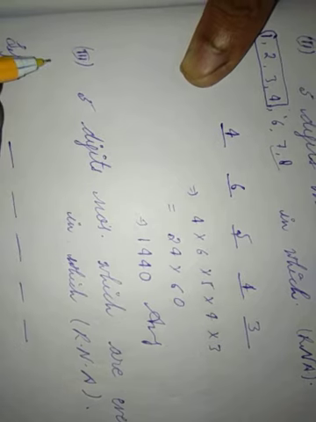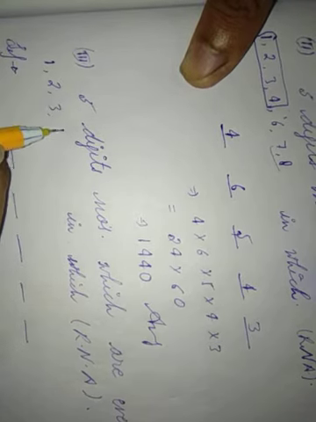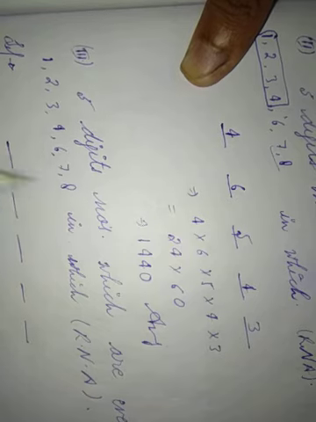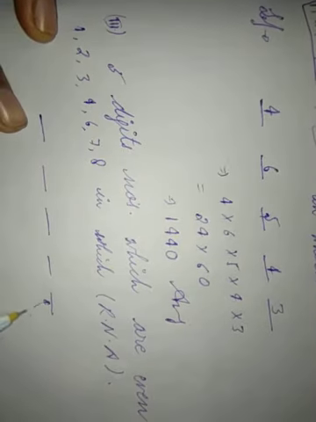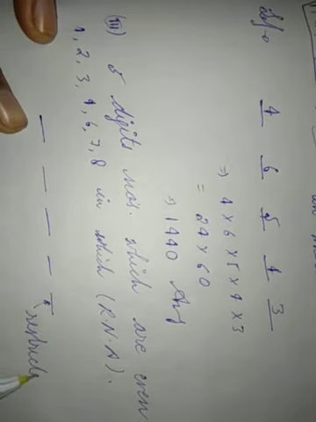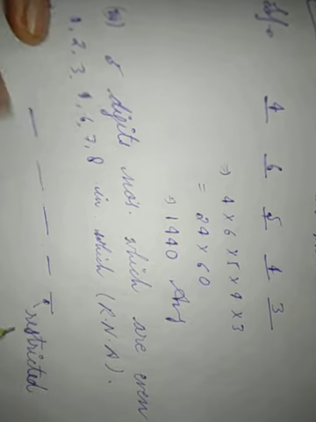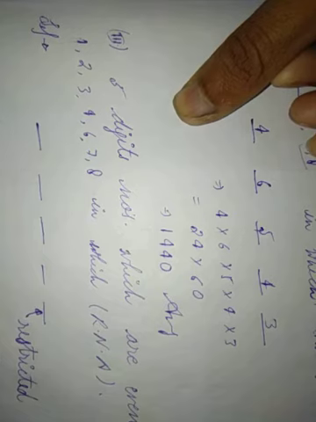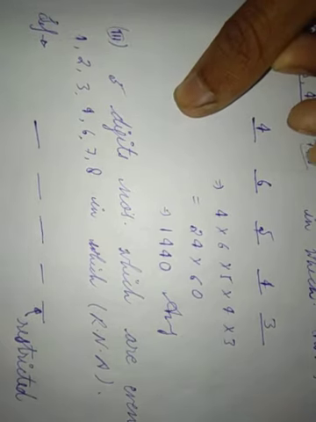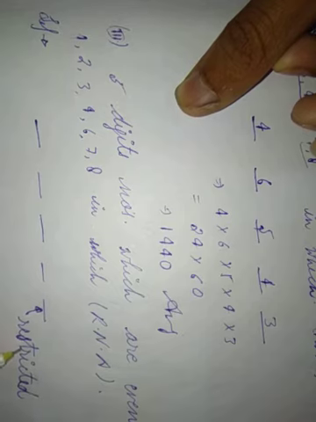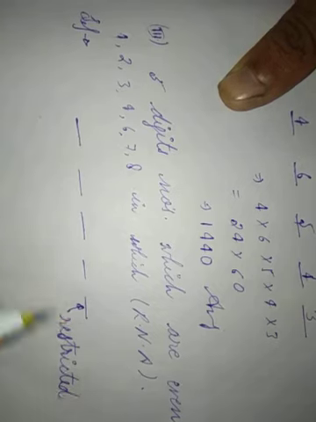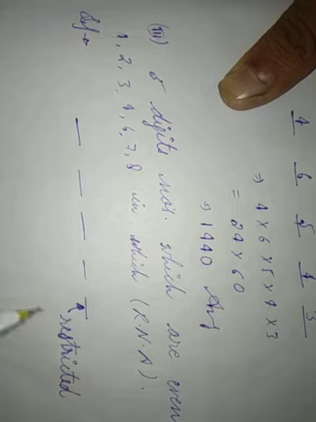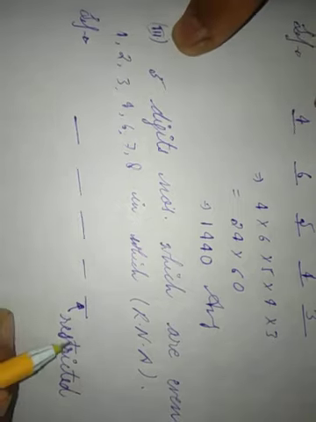Make 5 boxes, with the numbers 1, 2, 3, 4, 6, 7 and 8. In this case the last box is restricted, because if a number is even, its last digit has to be even. So the last box is restricted, and we always fill the restricted box first.